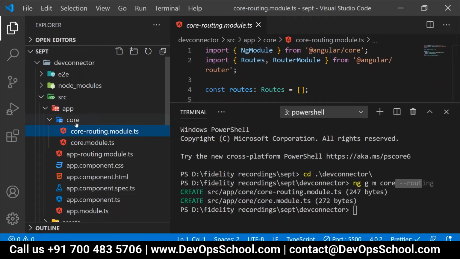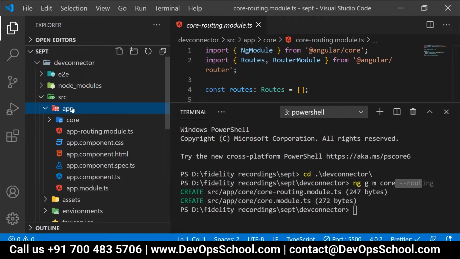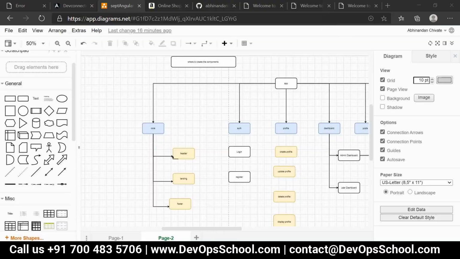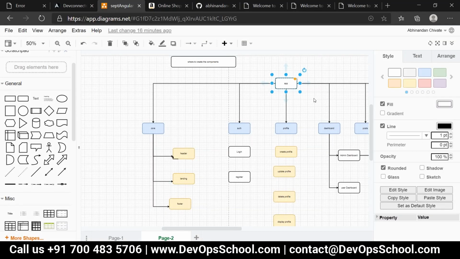Okay, one more thing. People, everything is wrapped under the app folder, correct? When I fired the command, automatically the things are wrapped inside the app folder. How come? The reason behind this is, people, are you able to see this app in our discussion? I said app is nothing but my application, correct? Remember one thing. Whenever you'll deal with the Angular application,